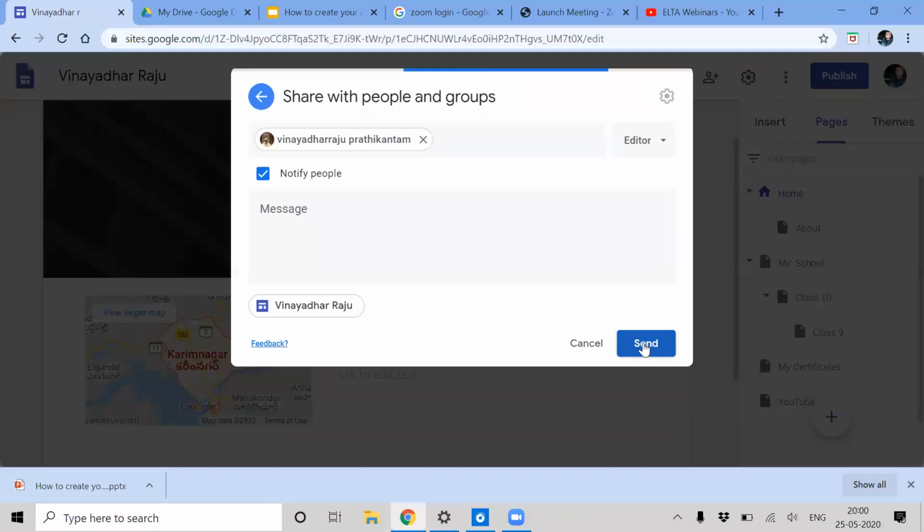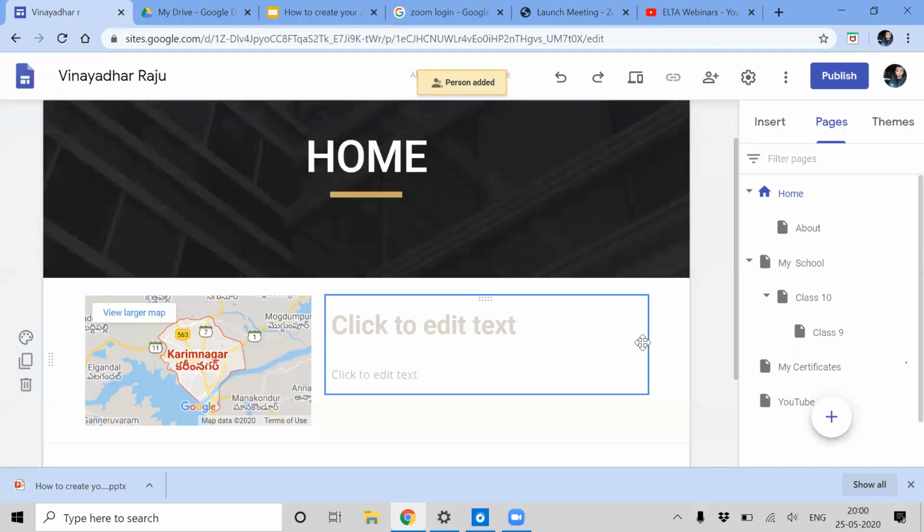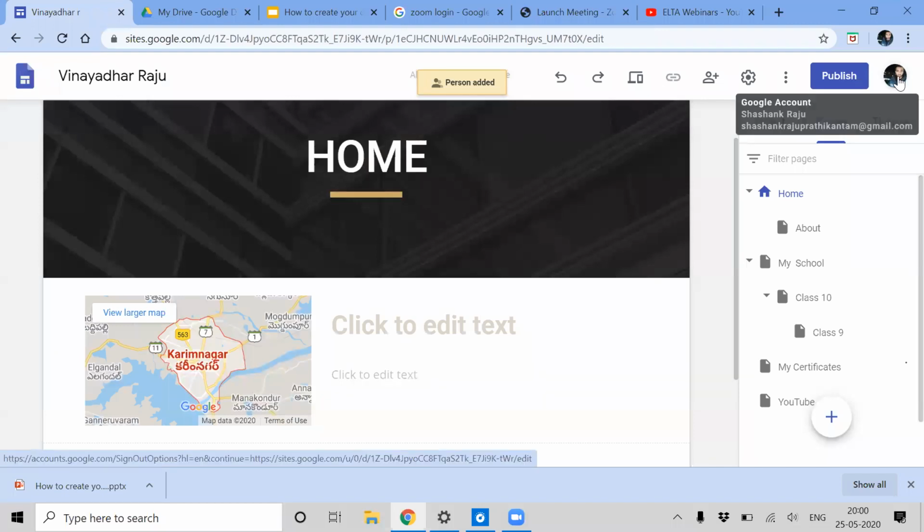Now Shashank Raju and Vinayadhar Raju both together can work on this. If I go to my mail ID also, I can find this. Both will have access to this site so that I can add pages and I can remove pages. And even Shashank can also add pages and remove pages like this.